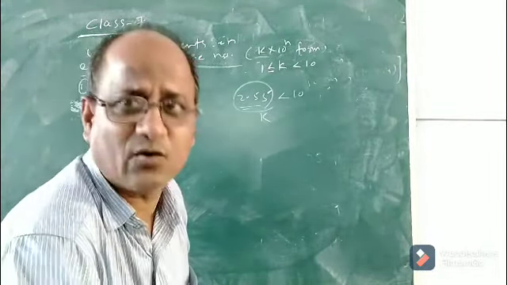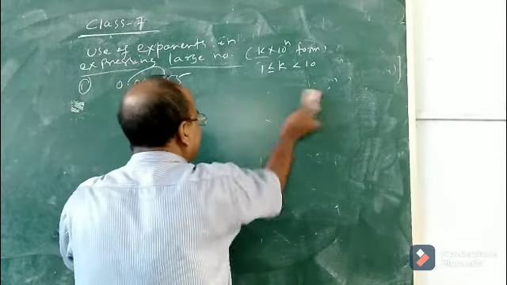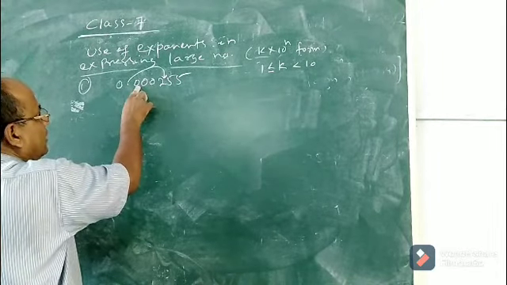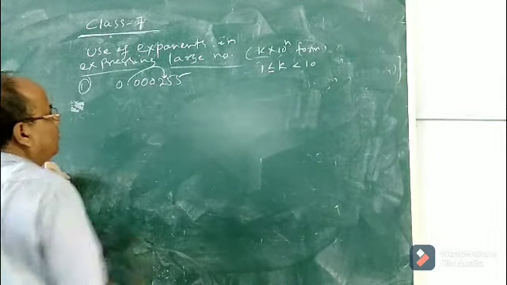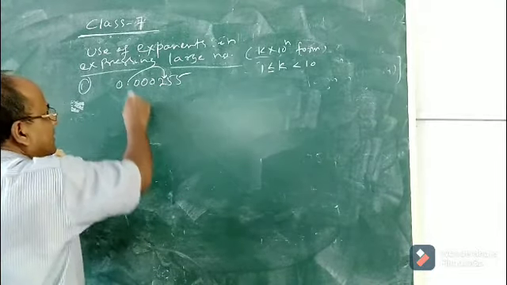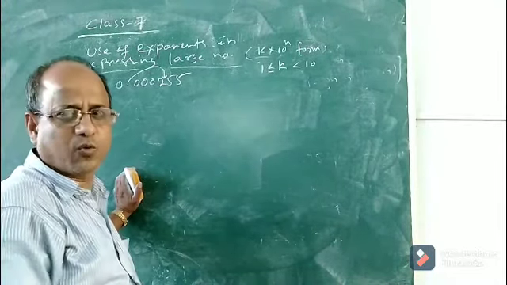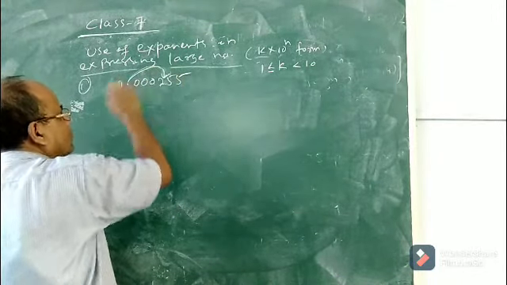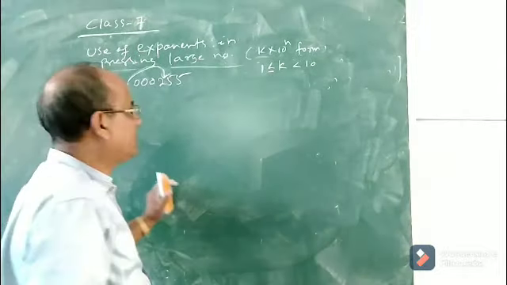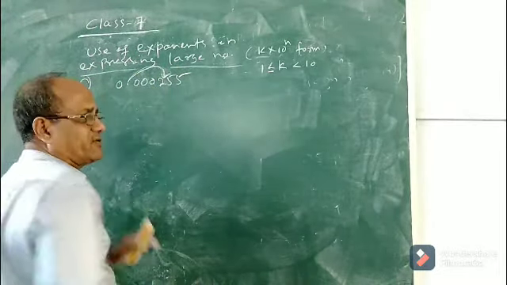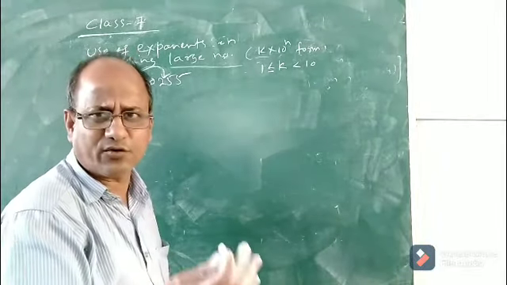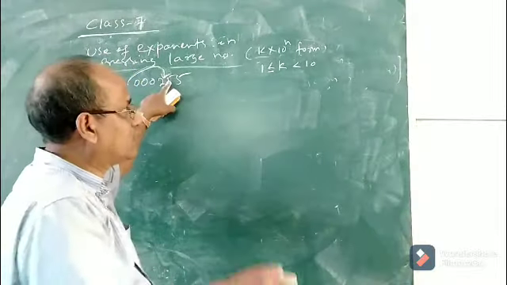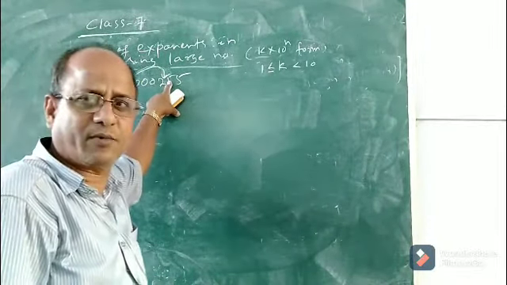To shift this point, as I told you in the previous class, what you will do? See children, first look at how many places? 1, 2, 3, 4. Here also we want to shift the decimal point 4 places towards right. Point will be shifted 4 places towards right. Now the question is how to shift. How can we shift this point 4 places towards the right so that it will come in the form of k into 10 to the power n.